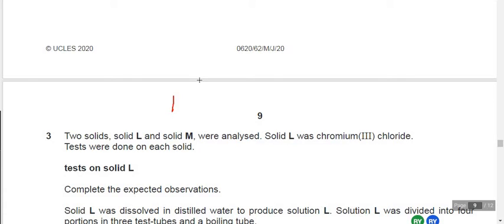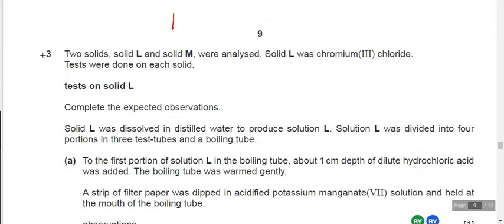Hello my friends, welcome to this video, and today we are going to talk about one question based on alternate to practical. This is May-June 2020 and I'm going to discuss here question number 3 from your alternate to practical paper. So in this one they have given there are two solids, solid L and solid M, and solid L